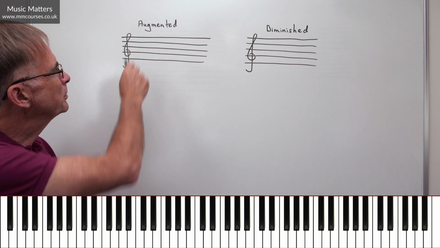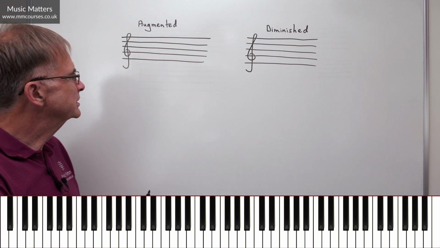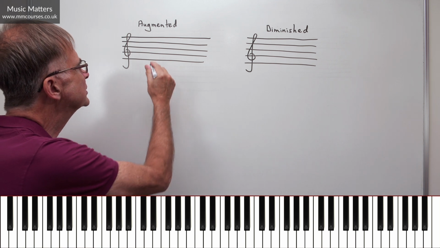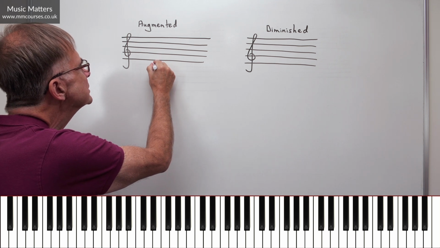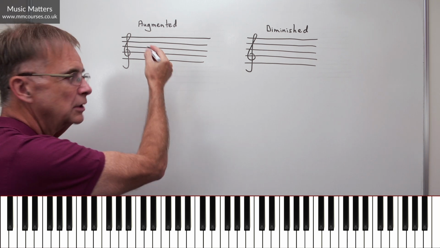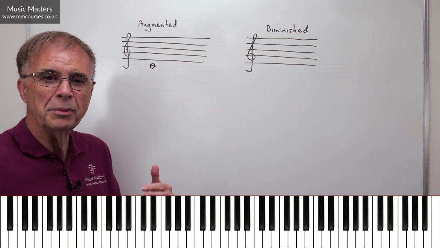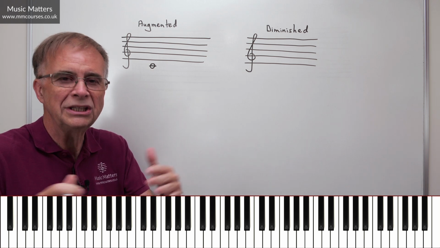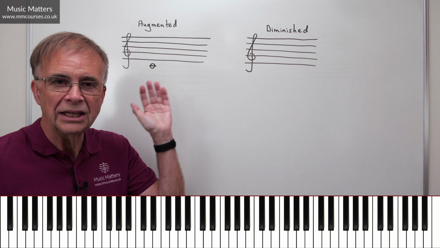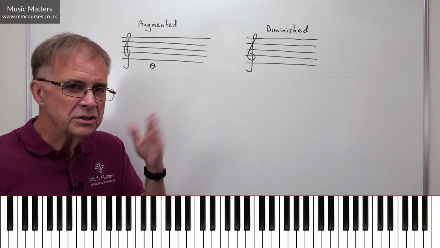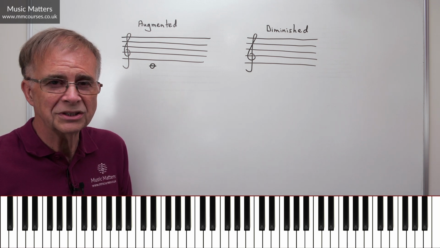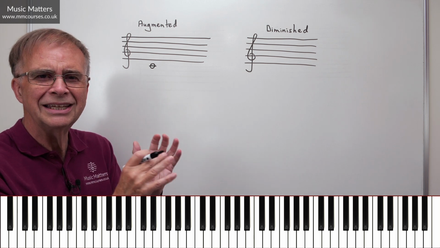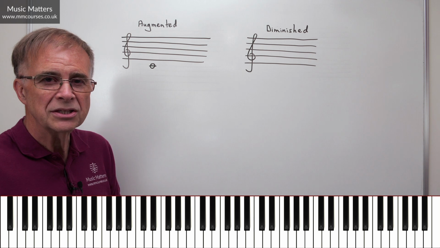Okay, let's talk about the augmented chord first. And I'm going to start by putting up a major chord. So if we have the note C at the bottom of this, what's going to be a triad, and remember, always start by constructing the triad, the essential 3 notes, and then you can turn it into chords with 4 notes, 5 notes, 10 notes, whatever you want to do. Space it out in whichever order you want to as well. But just getting the essential triad is the first step.